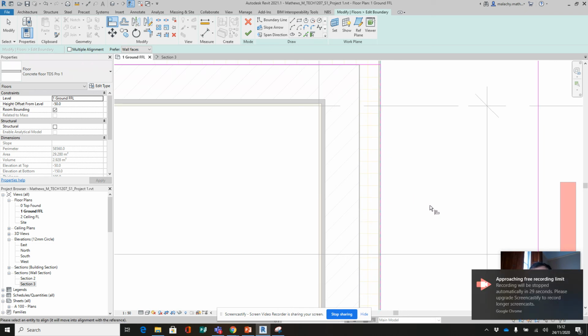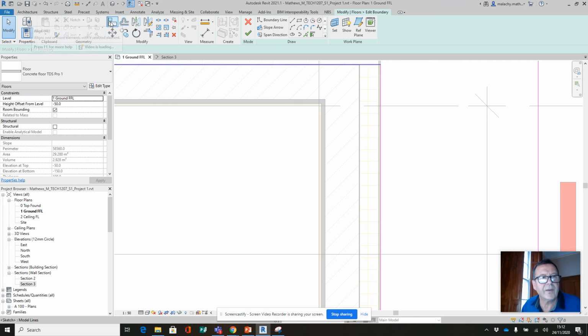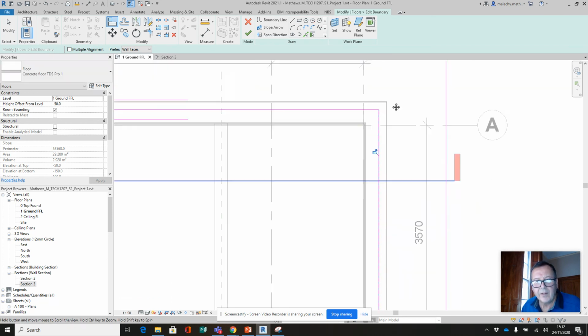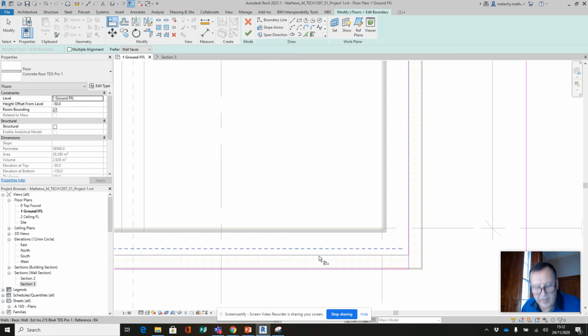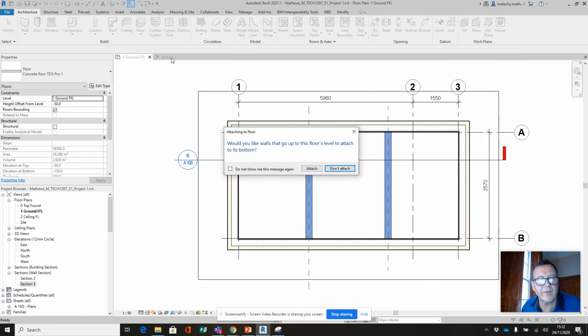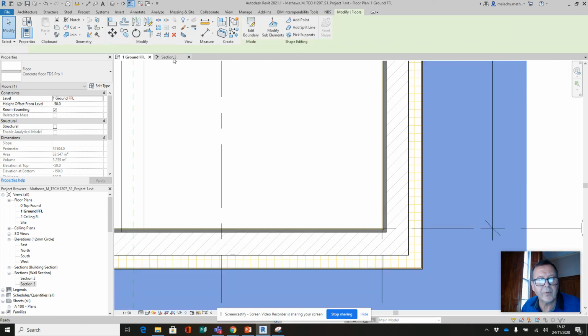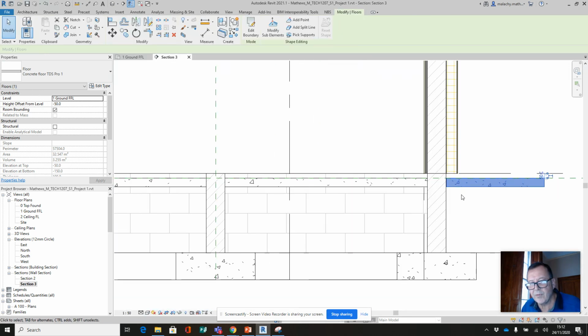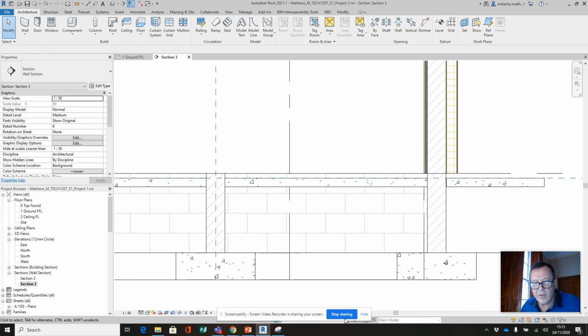Okay. And I have about 29 seconds to get this done. So let's see if I can do that again. So it's align. Let's tab to that, align that one. And then the last one will be tab to that, align that one. And I'll finish that and I'll go into my section. Don't attach, go into my section. Now you can see that the floor is in tight there. Okay, we'll pick this up